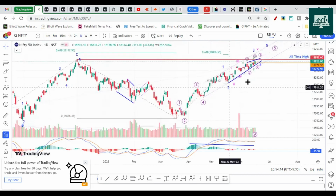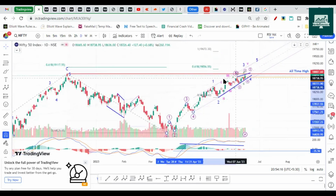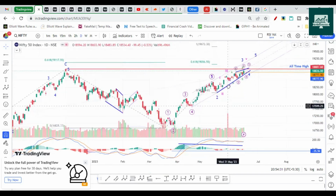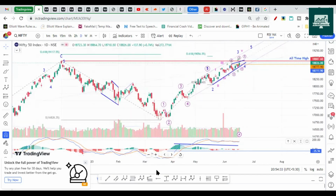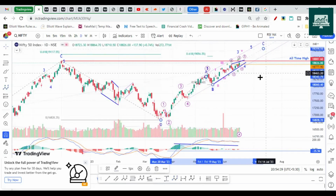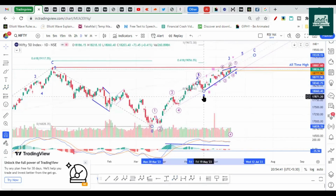So I want to be careful here in considering any wave count. It can be an ABC structure heading towards 19,117 to 19,200, maybe max, on the upside. That's possible. And here, when you plot ABC structures, let's draw it like this. If we draw the ABC structure,